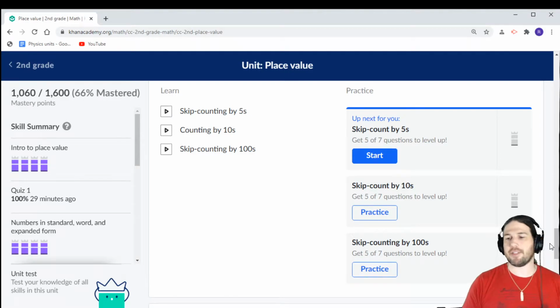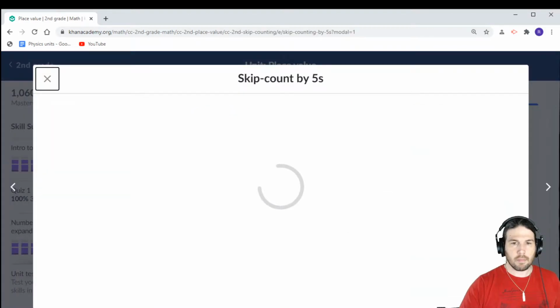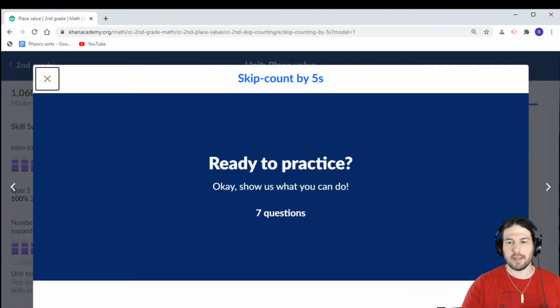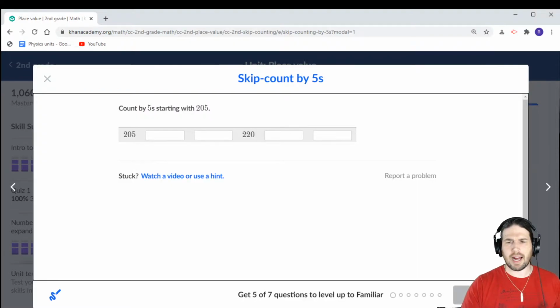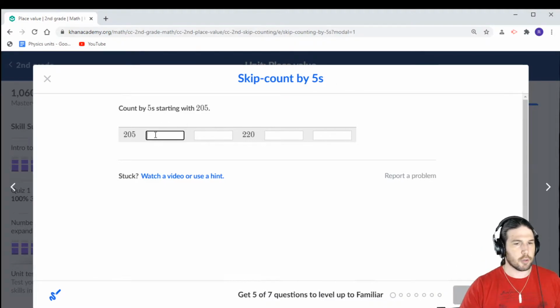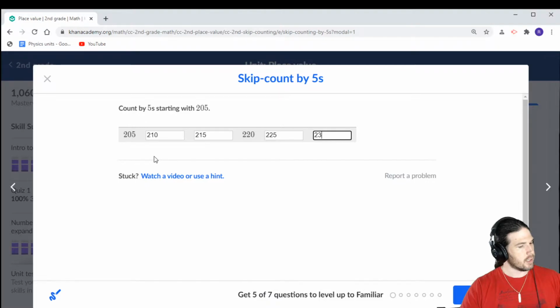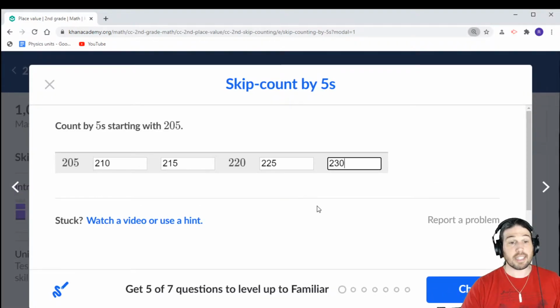Skip count by fives. Okay, let's take a look. I have a feeling that these are going to be pretty quick. I don't know about you, but when I was a kid, I counted by fives almost in a rhythm. 5, 10, 15, 20, 25, 30. Yeah, for some reason, it got stuck in my head really early. So, 205, 210, 215, 220, 225, 230. So we are still counting within 1,000 like we've been doing this whole grade, but now